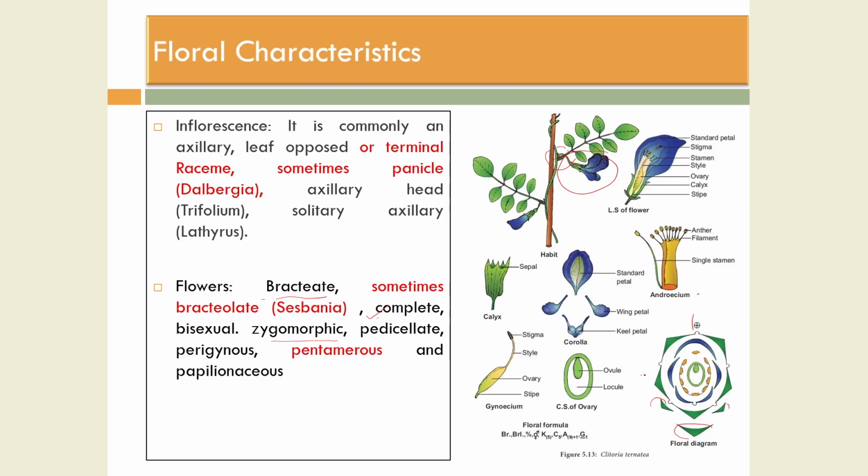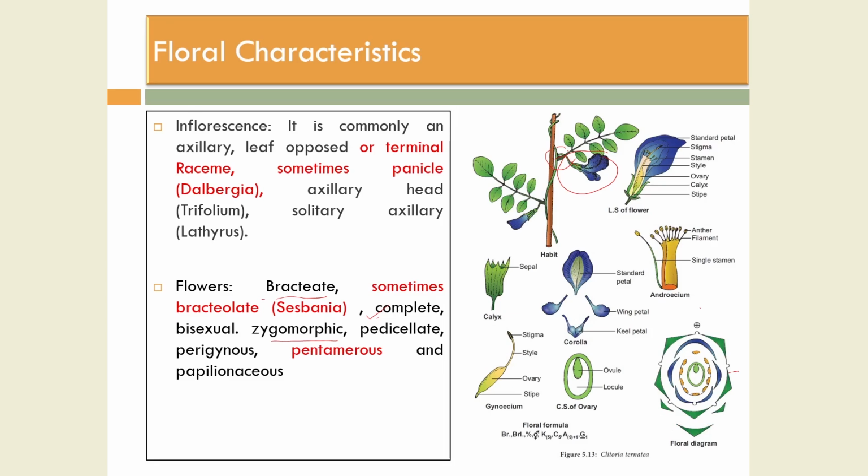We cannot divide it equally from this plane. We can only divide it from this side into equal planes, due to the presence of the different sizes of the corolla. So the flower is zygomorphic, pedicellate. As you can see, they have a pedicel, and